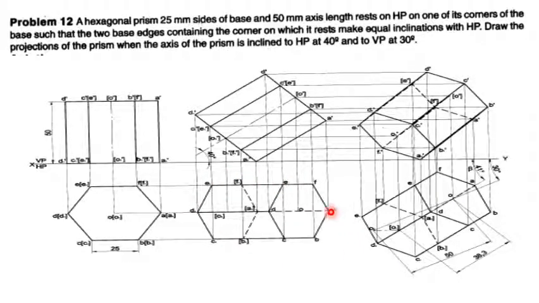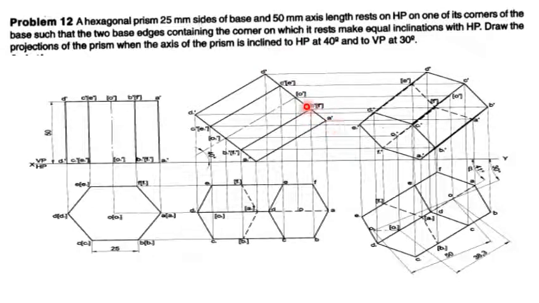So the boundary of the top view, so A, B, C, B1, C1, D1, E1, F1, E, F, A. Make it dark lines or visible lines or thick lines. So make the boundary thick lines. Then the observer is here, the top face is visible.